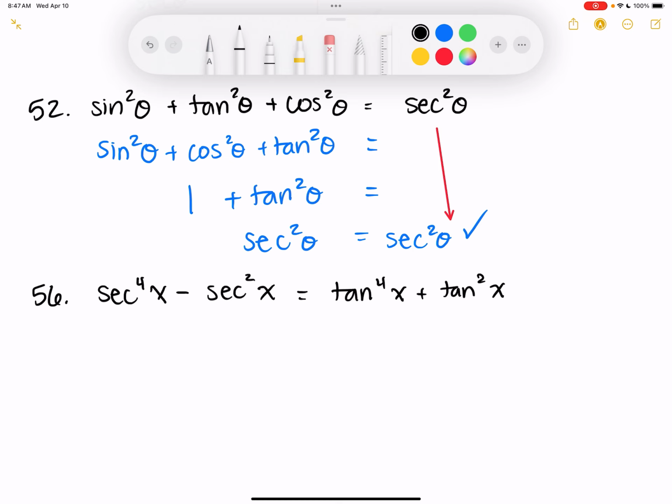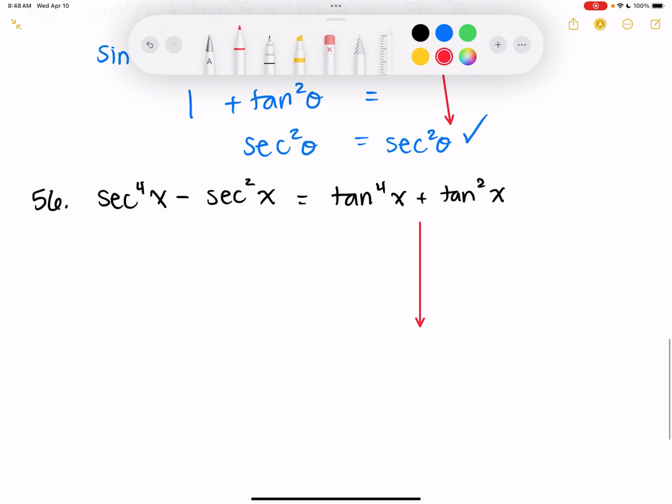So this one's going to be kind of weird compared to the other ones that we've done. I can't just add those together because they're different powers. But what I can do is, both are secant terms, so I could